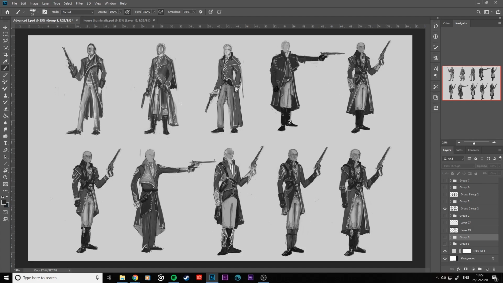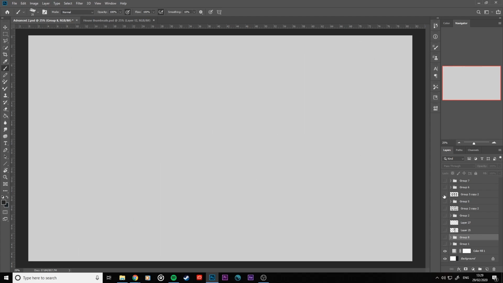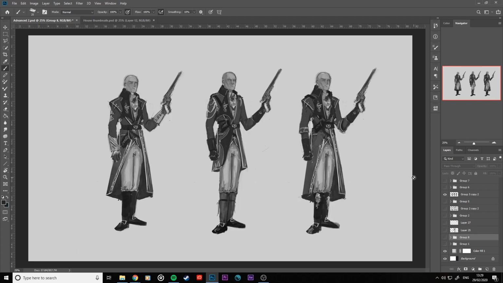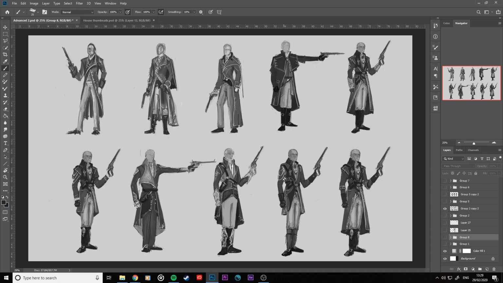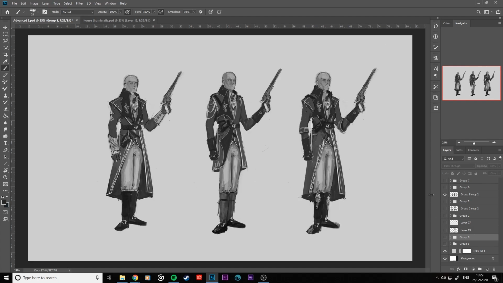I kind of liked some of the elements in there, so I started to refine them a little bit, dragging in other elements from the jackets that I like and combining them to make new ideas. And then I went into this and started refining them even further. From this sheet, I liked this idea. I liked this sort of longer jacket. So I combined all the stuff that I liked from the initial set of thumbnails into these ones here,